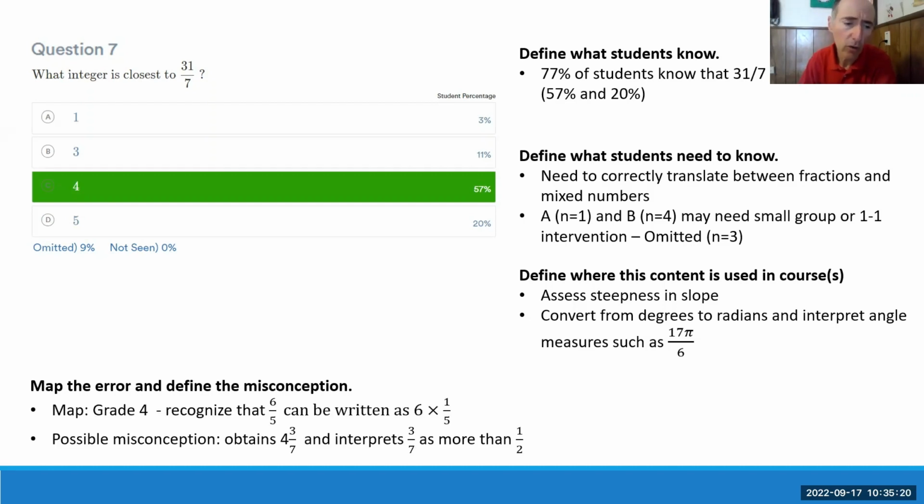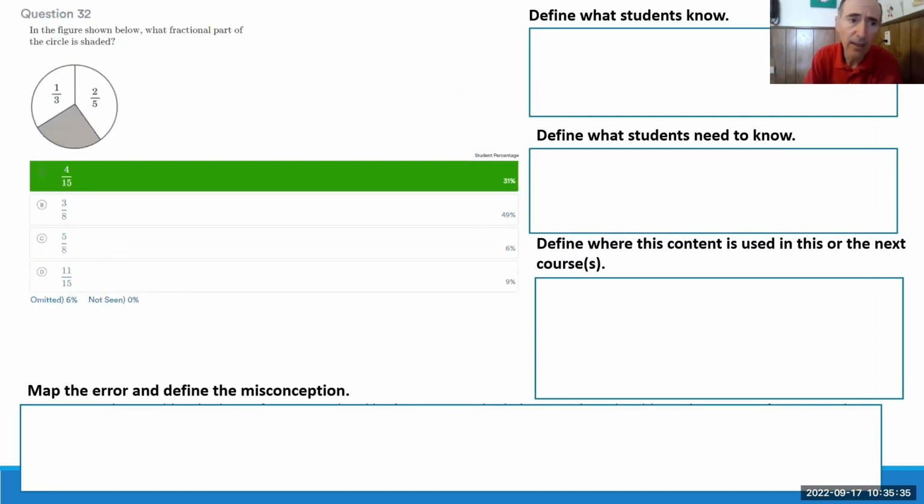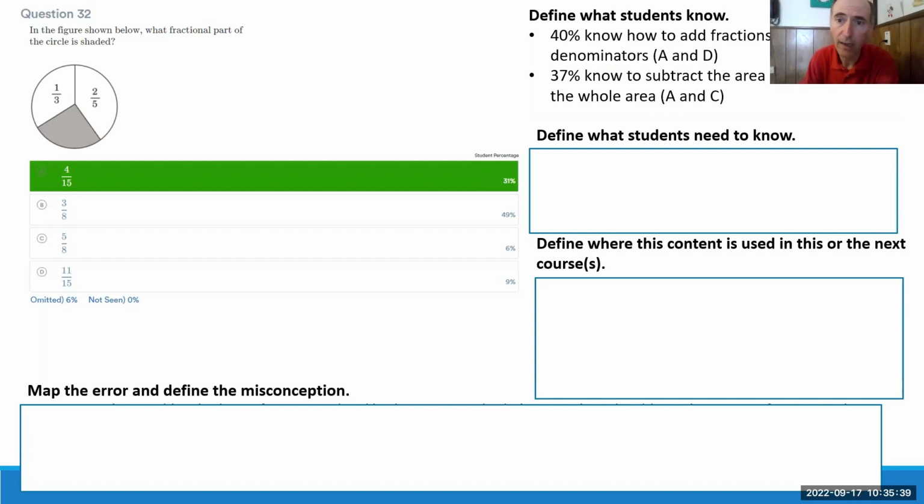And you can try to map the errors to where they come from. You can look at the standards and see where students are maybe having a weakness in their conception or conceptual understanding. As another example, the other example that we saw, what do students actually know who